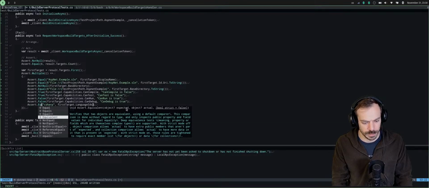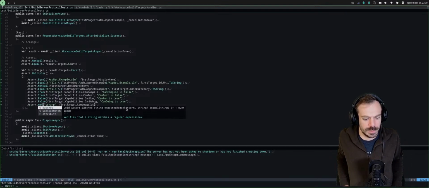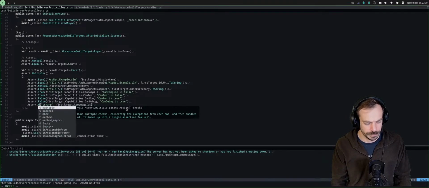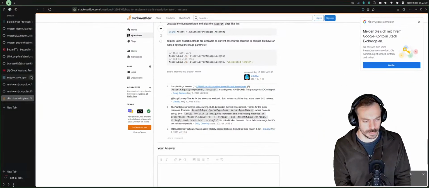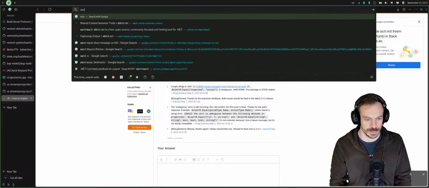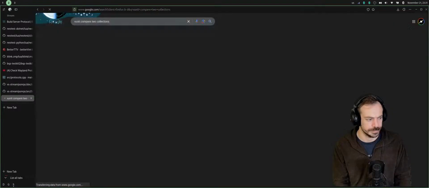Equivalent, whereas the two objects are equivalent using a default comparer. Match, whereas that the string matches the regular expression. How to compare two collections. xUnit compared to collections.